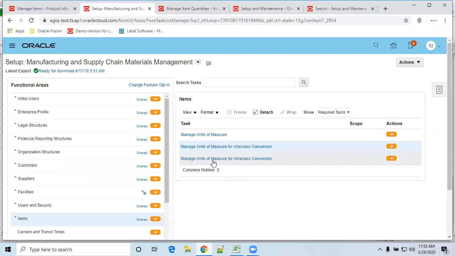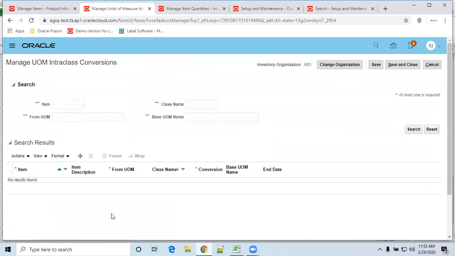So we'll see how to define the intra class and then the inter class. Now I'm going to define intra class. Always this particular intra class or inter class will be allowed by Oracle for your specific item only. Now I want to change the inventory organization to my inventory organization, whatever inventory organization I have added for my item.